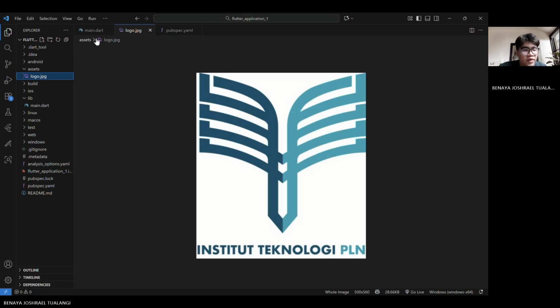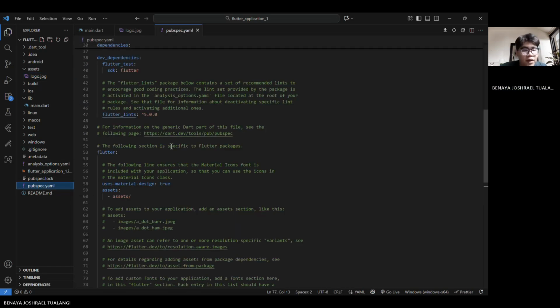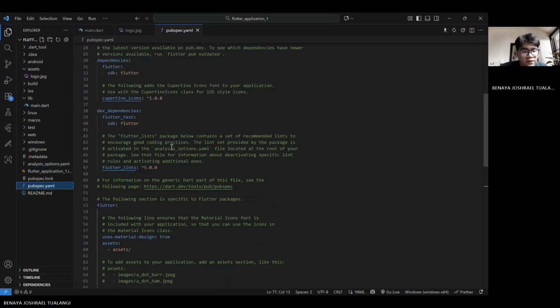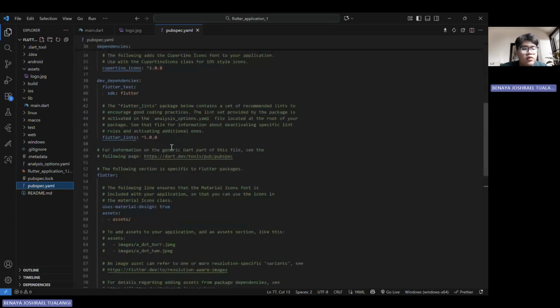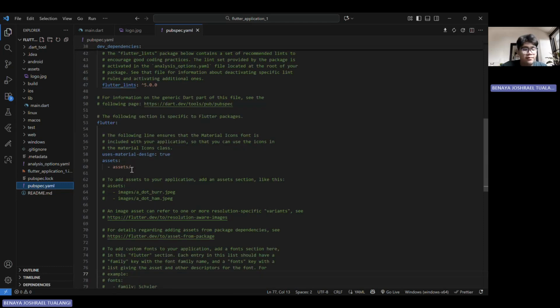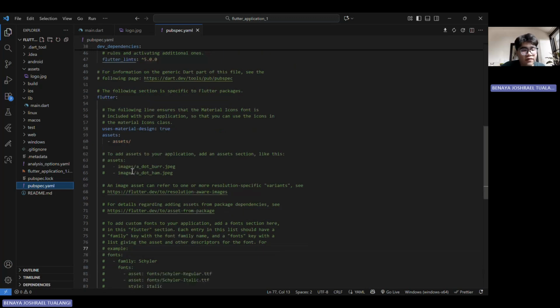After that, we jump into the pubspec file, and then we search for uses-material-design, and then we add assets, and then we type the assets folder. Okay, after that we save and then go back to the main.dart.